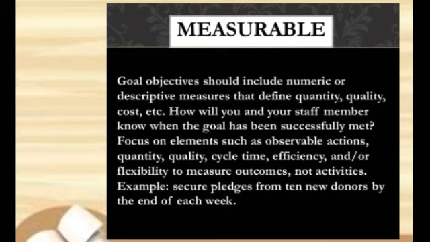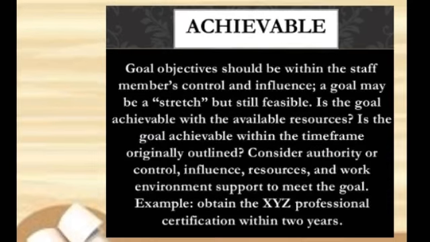So, para mas maintindihan, this means that you need to identify exactly what it is you will see, hear, feel when you reach your goal. So, ano sa tingin mo yung kalalabasan kung ganito yung ilalagay mo, kung ganito yung pupunan mo sa objectives or plan mo? Being flexible. Possible na mangyari ito dahil mini-measure mo nga yung outcomes ng iyong plan. So, that is measurable. Then, when we say achievable,